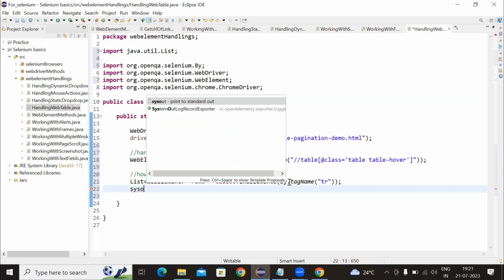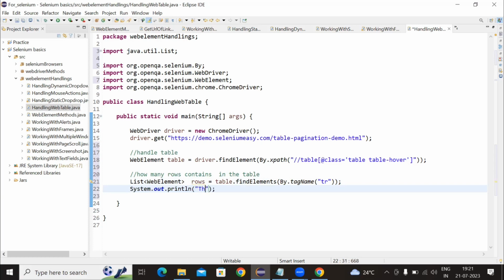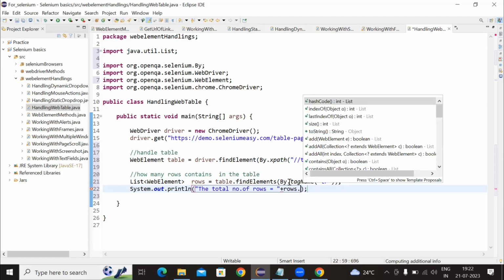Now, System dot out dot println, the total number of rows equals, plus, rows dot